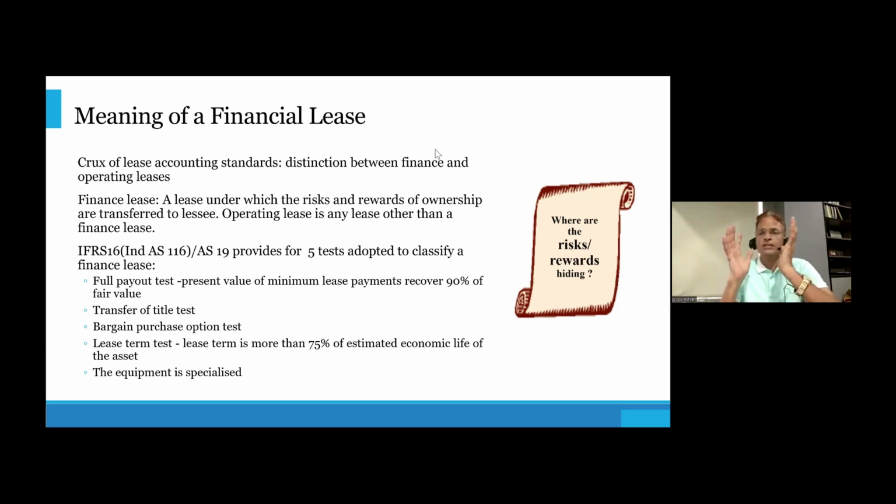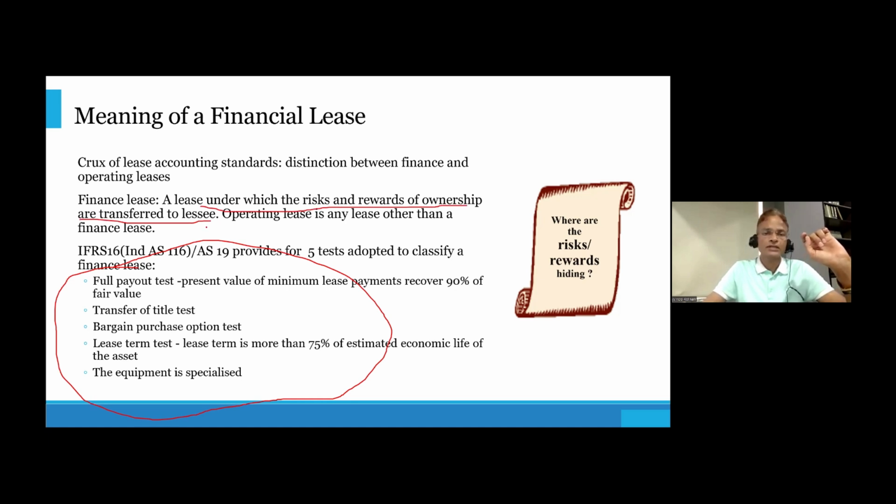So accounting standards therefore become the fountainhead of the distinction between financial and operating leases. Let's understand the key indicia, the key indicators of a financial lease. First, try understanding the basic meaning of a financial lease. I've got 5 indicative tests here. These are indicators, not the meaning of a financial lease. These are indicia, indicators. The meaning is a lease under which risks and rewards of ownership of the asset are